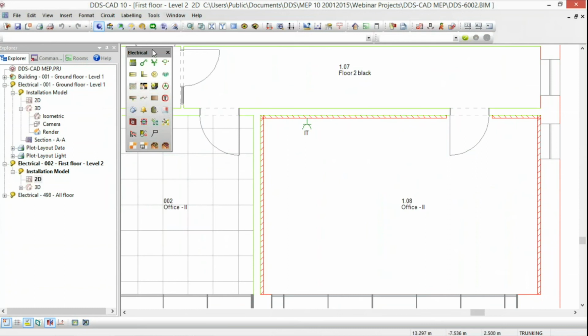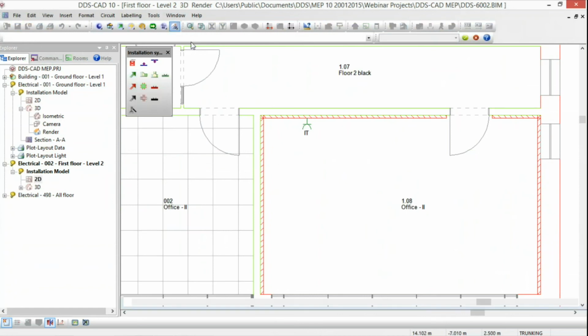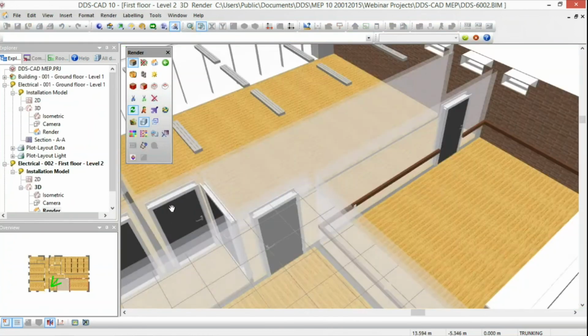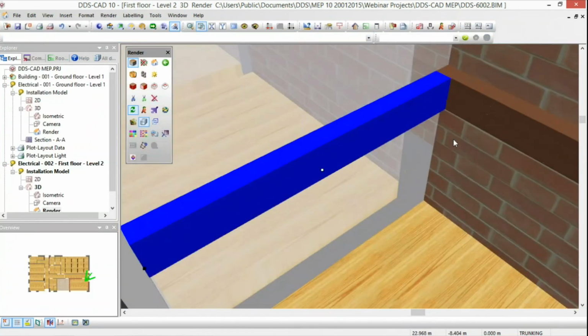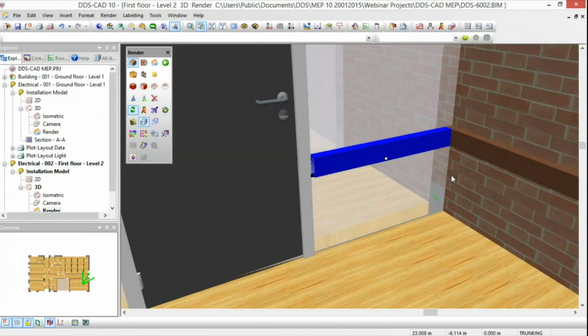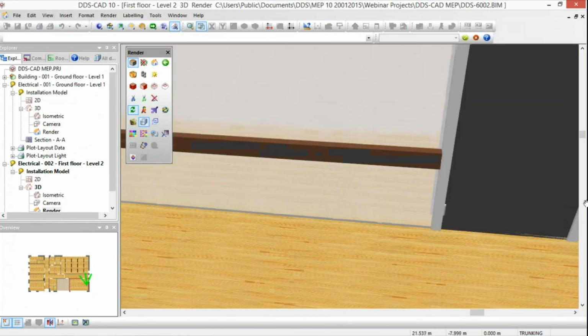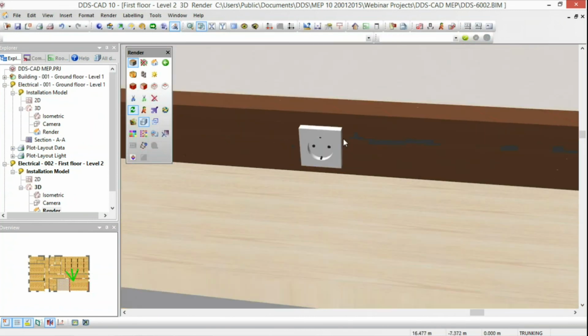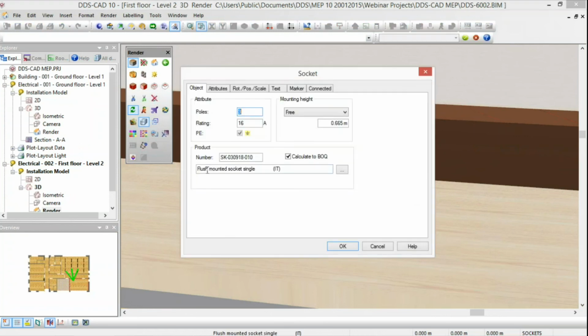Next step is, instead of drawing cable ladders, we can also draw cable ducts. Cable ducts can have an alignment onto the wall. So if I open up, for example, this particular floor, we can see the cable duct inserted with a socket, and this is a socket for connecting IT, and